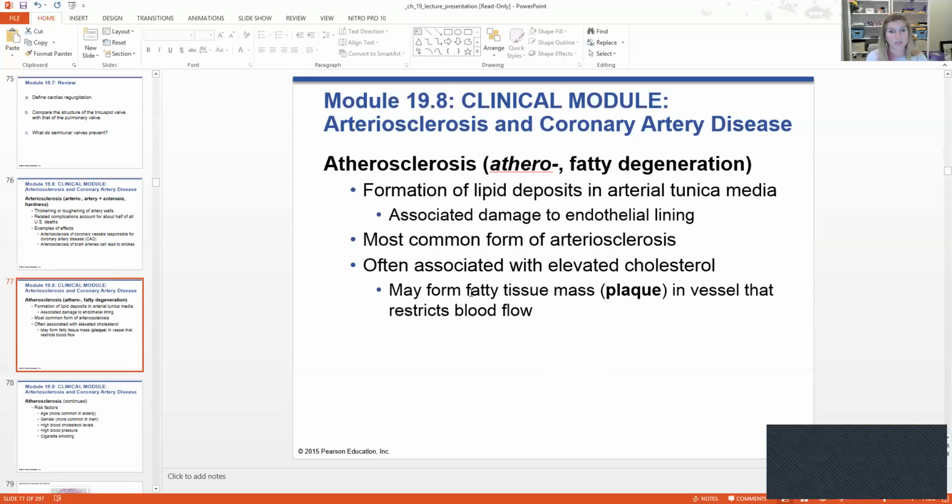It's usually associated with elevated cholesterol levels, when the fatty masses will basically form plaques inside of the vessels, restricting